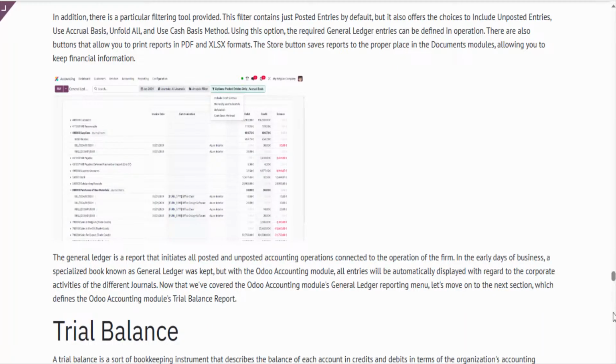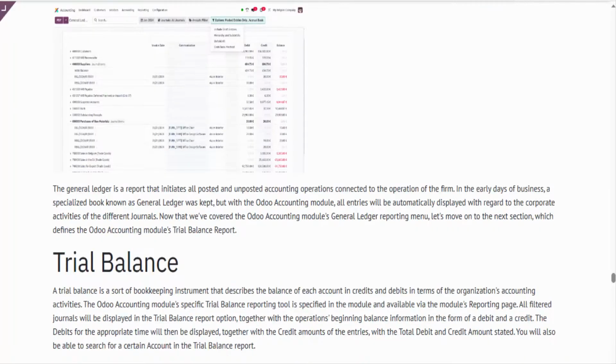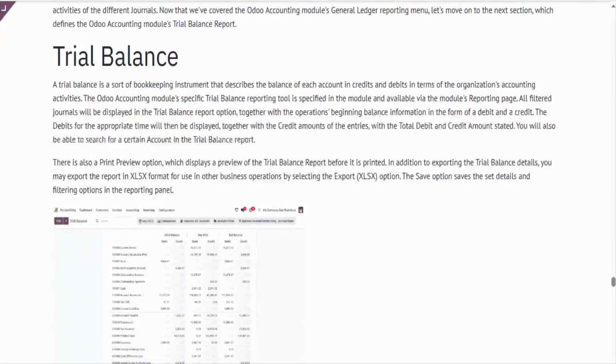There are also buttons that allow you to print reports in PDF and XLSX formats. The Store button saves reports to the proper place in the Documents modules, allowing you to keep financial information. The General Ledger is a report that initiates all posted and unposted accounting operations connected to the operation of the firm. In the early days of business, a specialized book known as General Ledger was kept. But with the Odoo accounting module, all entries will be automatically displayed with regard to the corporate activities of the different journals. Now that we've covered the Odoo accounting module's General Ledger reporting menu, let's move on to the next section,